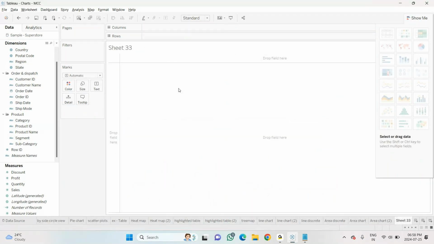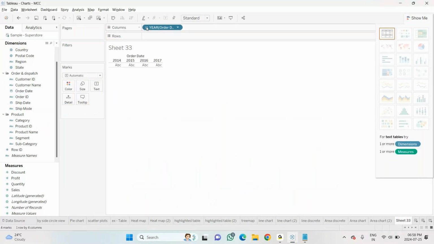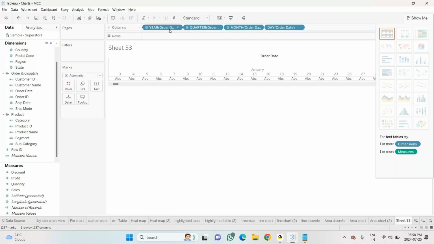We have tried this order date, we have this plus sign, so it goes to quarter, month, days like this, right? Why can't we add this for the other details also, like we have category, subcategory, product? We can add it, right? So why shouldn't we try this?